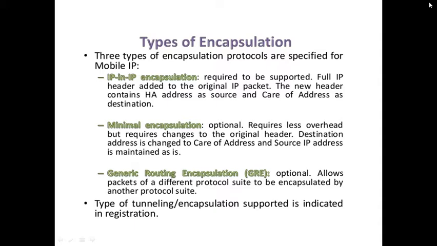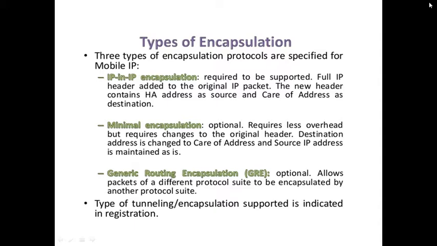Okay. So in three different ways you can perform this encapsulation process, and this encapsulation process is needed for the tunnel between home agent and COA. So adding an outer header is nothing but encapsulation, right? This encapsulation is of three types. You have to use one of these encapsulation processes. Okay. So this is mandatory for mobile IP. Using any of the three types of encapsulation is mandatory.